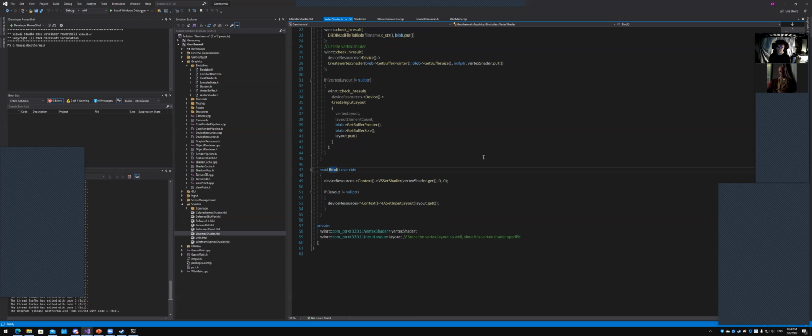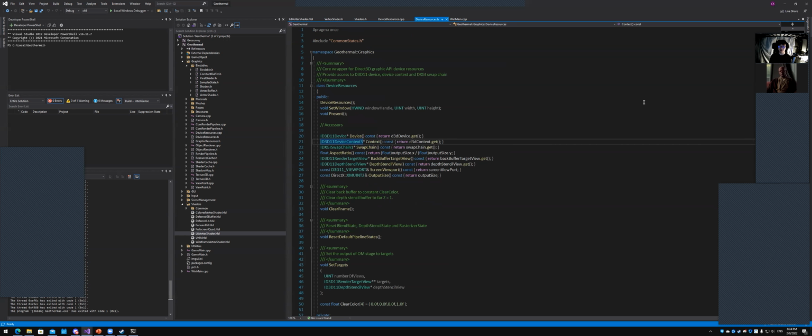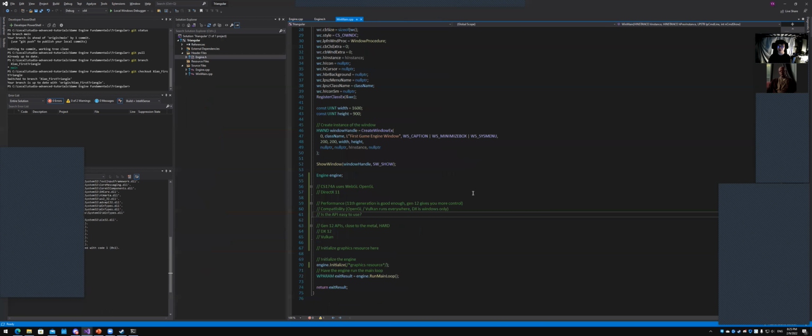And when we use the shader, we bind it to the graphics pipeline. We bind the bindables to the graphics pipeline, so the GPU knows what to use to render, right? The GPU is confused about which vertex shader it should use. So you bind a vertex shader to the GPU so that the GPU knows this is the vertex shader that I want to use, right? You use the device resource, the rendering context, the ID3D11 device context. You use this object and tell it to bind the shader onto the pipeline so that it draws whatever you want. So, okay,